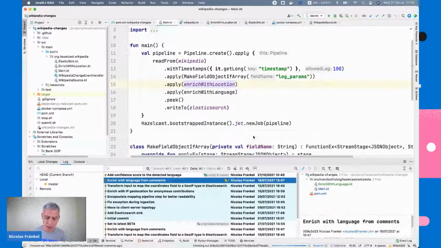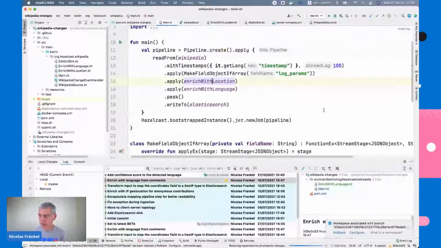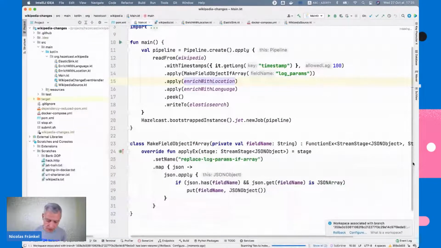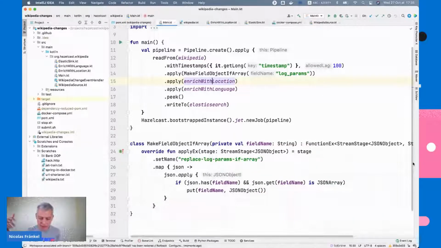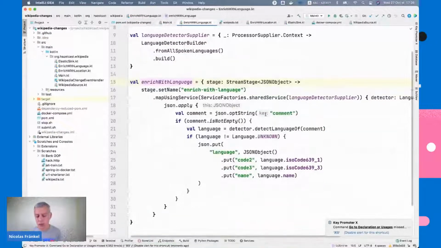So now I will try to infer the language type. Again, because I want to understand from the comments what has been done. There are two ways to do that. The first way is, again, I bring in a library called Lingua, and it detects the language.